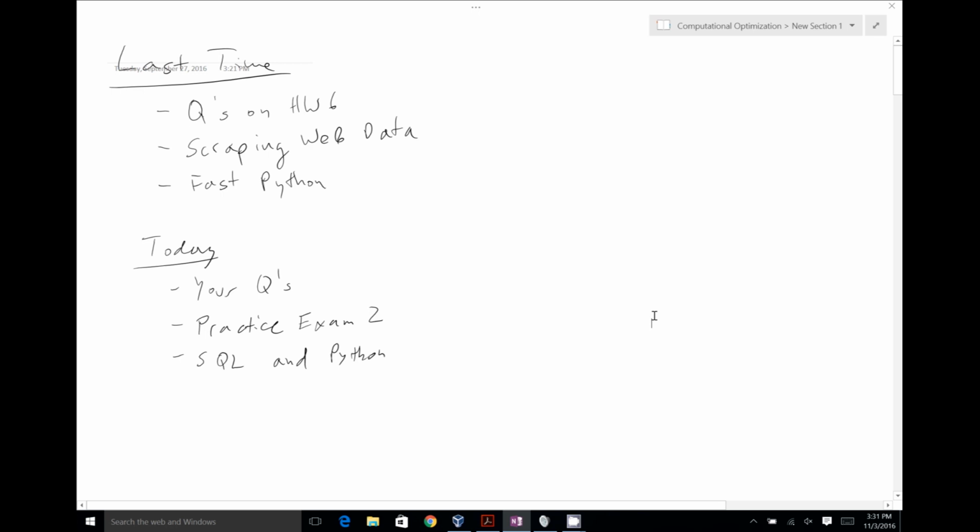So the plan for today is the following. I'd like to just begin with any questions that you might have on homework 6 or your projects which are coming up or the exam or anything like that. Then one of your classmates asked me to do a practice exam in class so that you have an idea of what exam 2 is going to be like. So we're going to do a practice exam in class so that you know exactly what the exam is going to look like, okay? And then, depending on the amount of time that we have, we're going to talk about